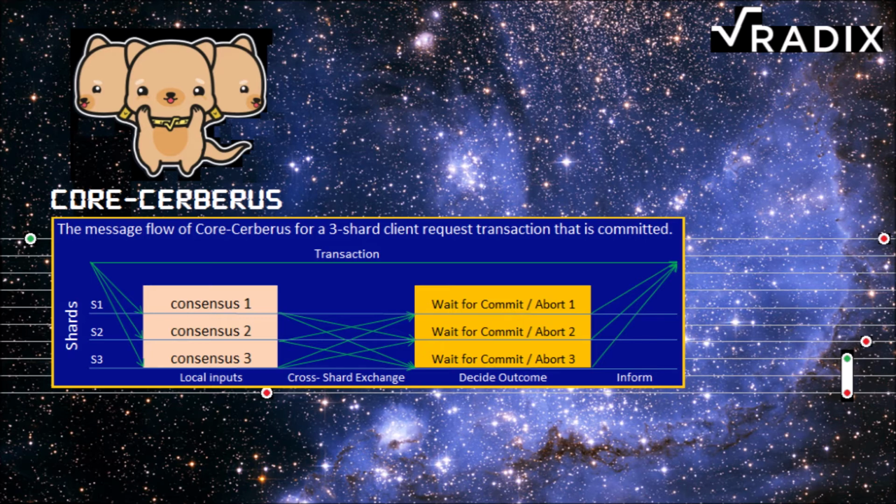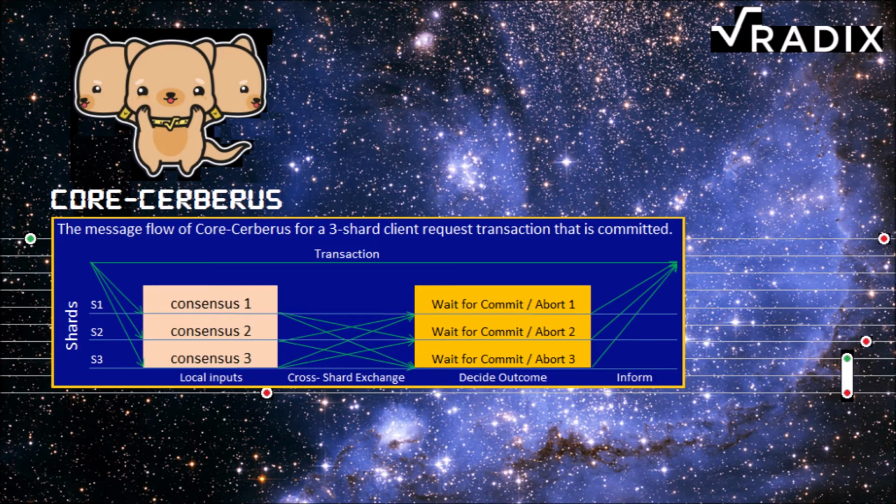First, local inputs. Every affected shard locally determines whether it has all inputs from shards that are necessary to process the transaction. Second, cross-shard exchange. Every affected shard exchanges these inputs to all other shards, thereby pledging to use their local inputs in the execution of transaction. Third, decide outcome. Finally, every affected shard decides to commit transaction if all affected shards were able to provide all local inputs necessary